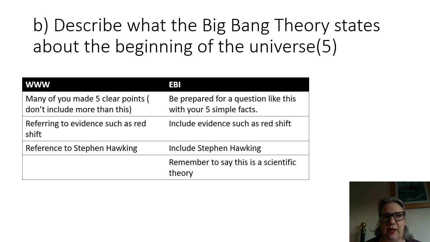But I would say if you've got 5 points, they can't, and they're correct obviously, they can't doubt your answer. In reality, 3 well-made points backed up by some evidence and naming a scholar would get you full points. But let's play safe and go for 5 points. That's why when we're teaching you, we often say, give me 5 facts about. Can you give me 5 things about this?